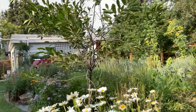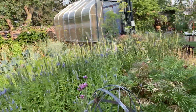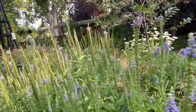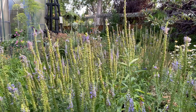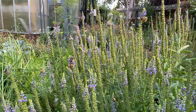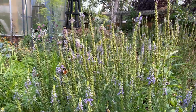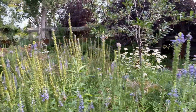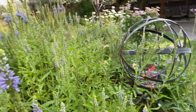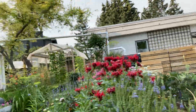Let's go over here and look at another set of plants. This is Veronica Speedwell. Now you can see, and look, the bees are still in here. But now look at this one over here. This plant over here gets a lot more sun. And look at the bees, they're using every available little blossom, and they're in here pretty heavily. But this one is starting to fade. This one gets a tiny little bit more shade during the day, so you can see it's got a few more blossoms going on. Let's turn around and look at one that gets considerably more shade